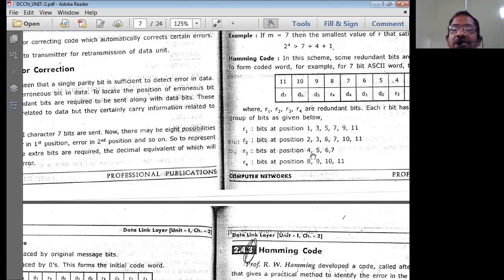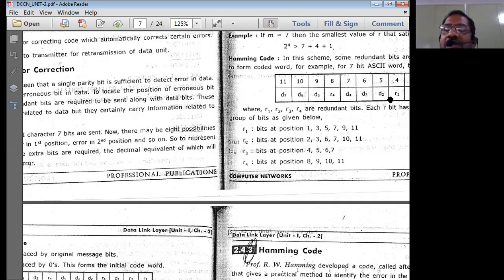So you should remember this order. R1 is going to have the order 1, 3, 5, 7, 9, 11, simply odd numbers. Then 2, 3, 6, 7, 10, 11. That means after 2, 3 there is a gap of 4, 5. After 7 there is a gap of 8, 9. That means two numbers in between is a gap. Here it is a one number gap. Here, after repeating two numbers, see, we have already started with 1, no? So that is 1, 2, 4, 8.